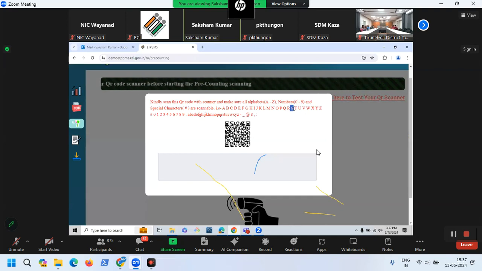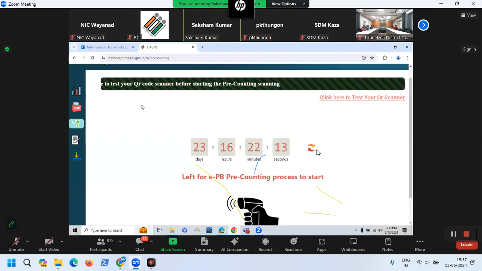So what was happening? You can understand, of course, we have state codes with S, right? And if you omit that S, you will not be able to locate the ballot paper. So it is very important to check whether all the characters present on the screen are being read by your QR code scanner or not. So please check before. It is there on the demo portal as well. You can check it out.